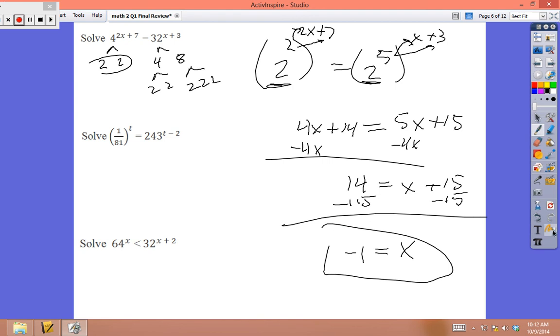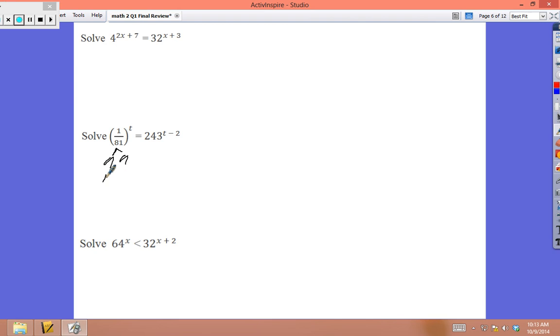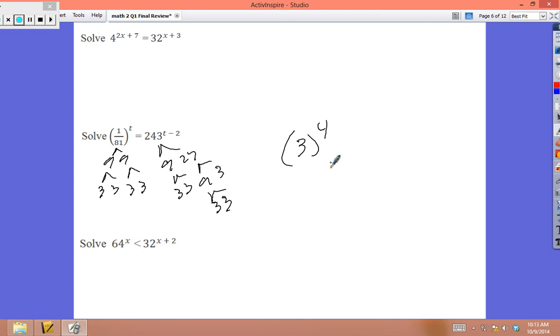Okay, the middle one, 81, break that down to 9 times 9, break down 9 to 3 and 3, break down 9 to 3 and 3. 243, let's do the same thing, divide that by 9, 9 and 27, 9 is a 3 and a 3, 27 is a 9 and a 3, and a 9 is a 3 and a 3. So you're going to change 81 for 3 to the 4th, and you're going to change 243